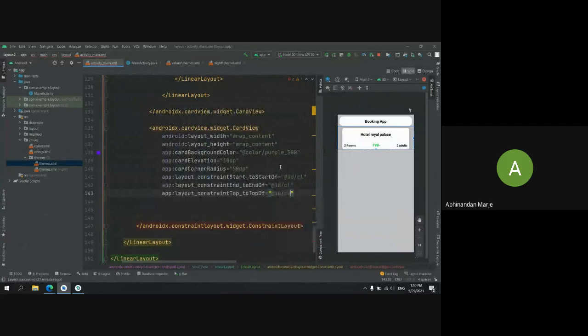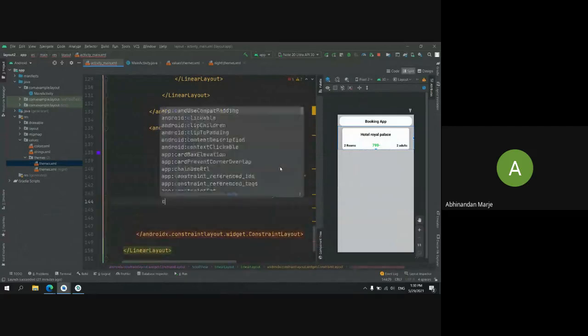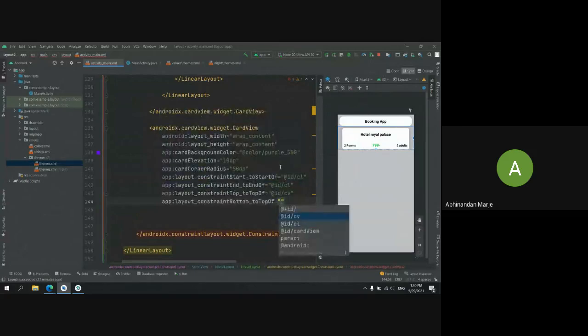See, okay, and constrain the bottom to the top of our card view. Now I haven't added anything in our card layout, so it is showing me nothing.